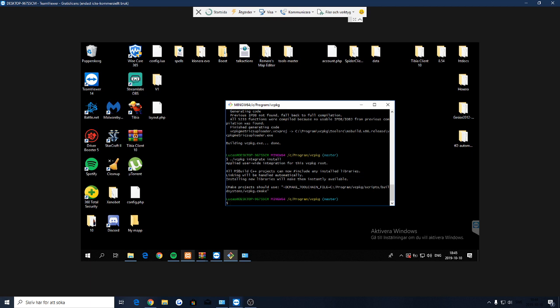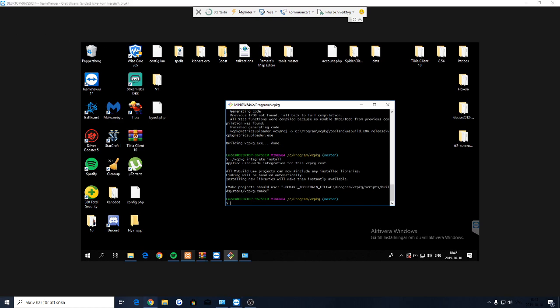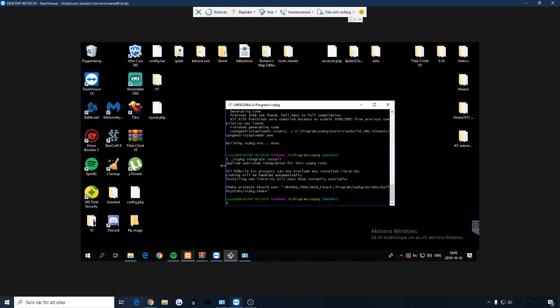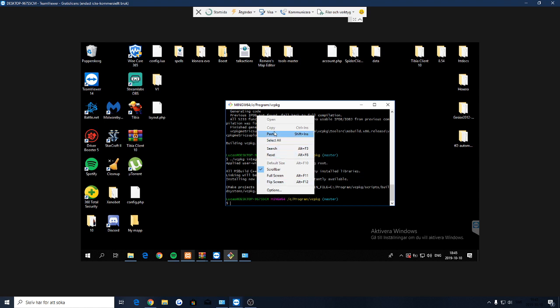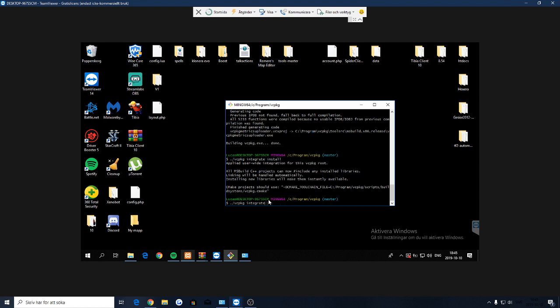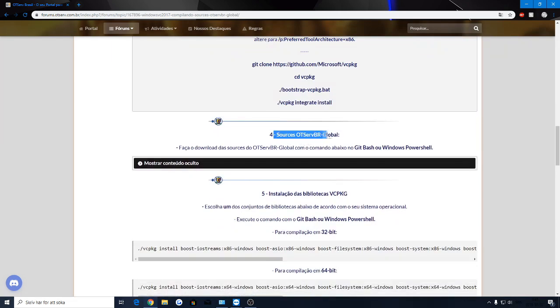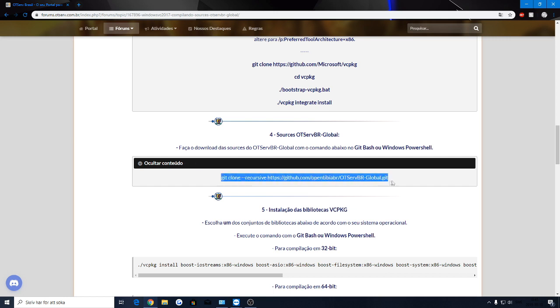So after you finished this building VCPKG.exe, which is this step right here, you can go ahead and paste this one right in, and this, it will look like this. So once you've done this, you can go ahead and go down here for sources OTServBR-Global. You press this here and you just copy this,